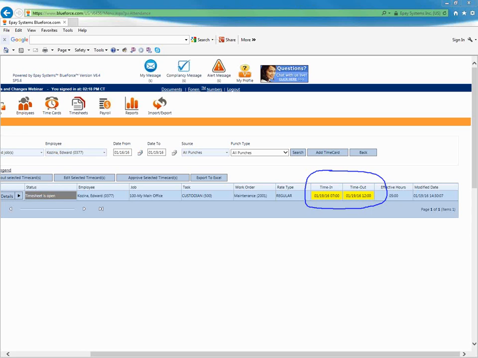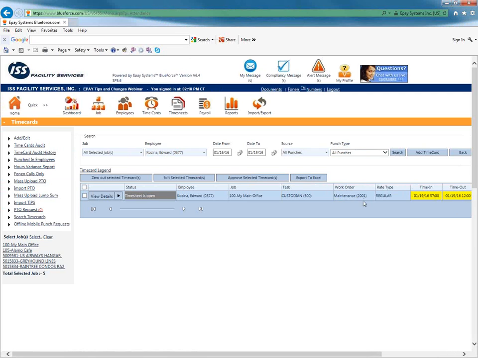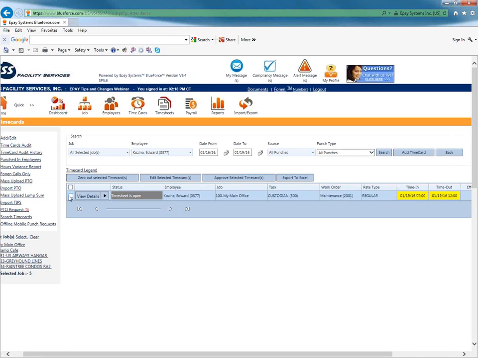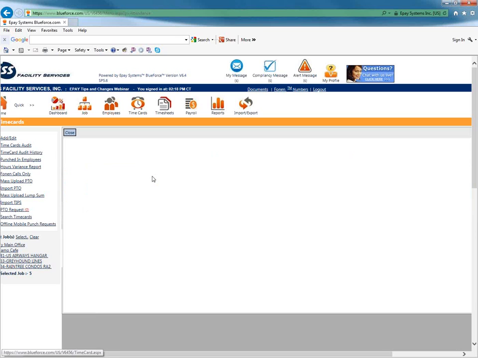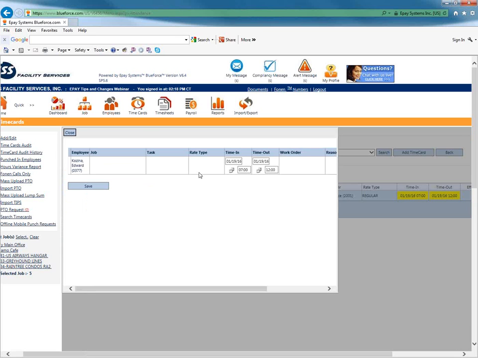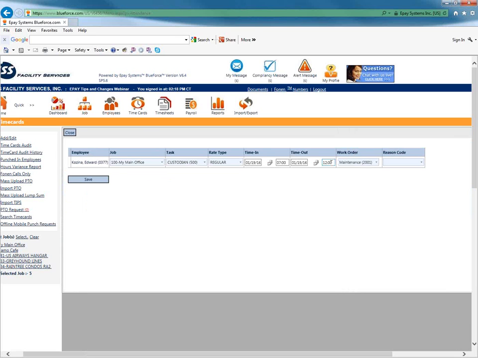Let me clear my screen here. That's kind of my first intro. I just want to show you the reason codes piece, so everyone understands how this color coding works. If I go in there and make any changes to data that's already in there, so this was already manually added to the system, but if I ever go back on top of that and make a change,